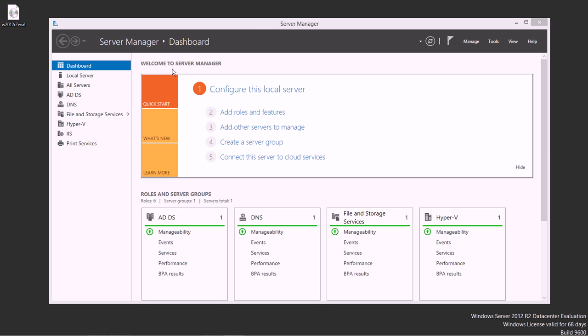So the first thing that we need to do is have our Server Manager open, and we also need a copy of a Windows ISO file. In this case, I'm using the Windows 2012 R2 evaluation version. This is going to let me set up that deployment, that installation image. So instead of burning this to a DVD, I'm going to be able to push this over the network using